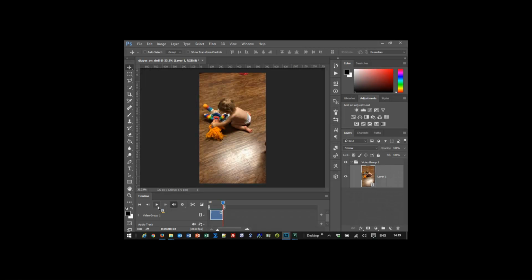The point here is to decide how long you want it and which parts you want, and cut it if you can. You can cut it here if you want. You can edit video in Photoshop, but I just edited it right on the iPhone because it's an iPhone video. But I think the main thing right here is we can crop that. I don't need that top part and the bottom part. So the first thing I'm going to do to that